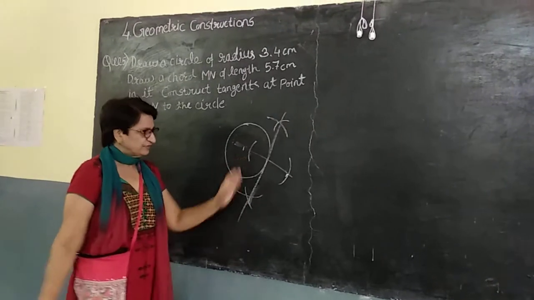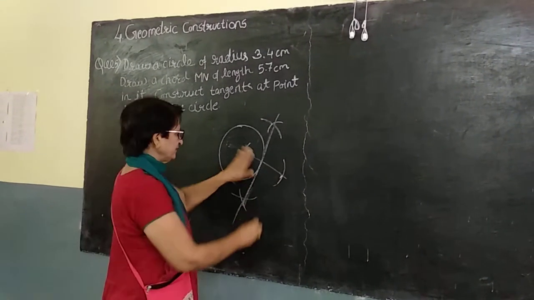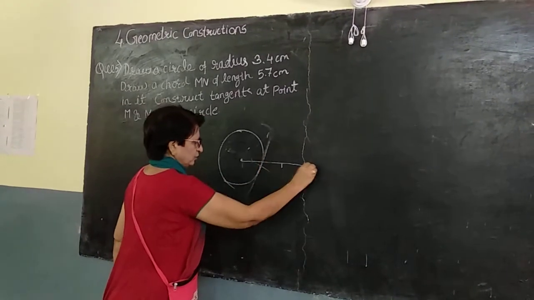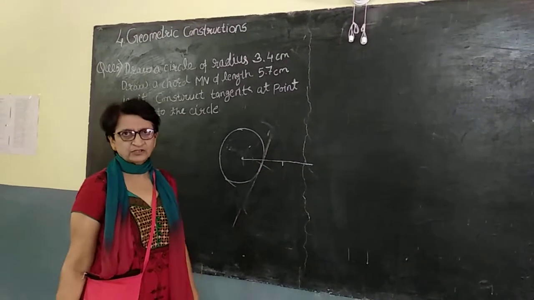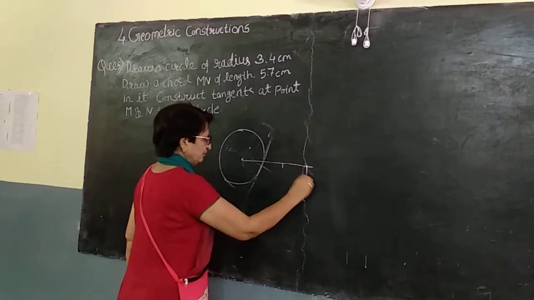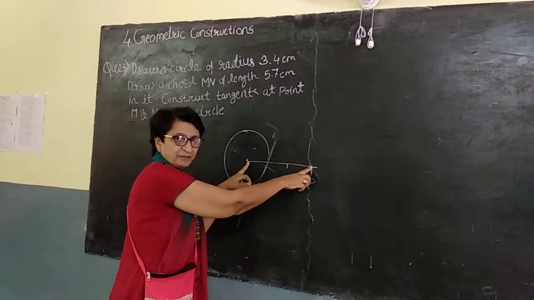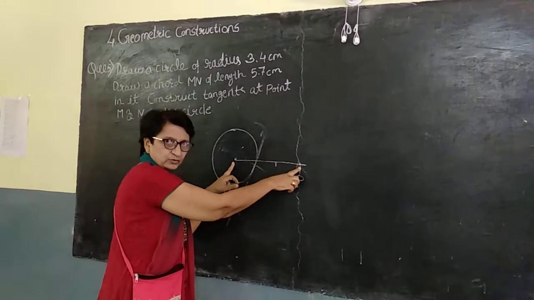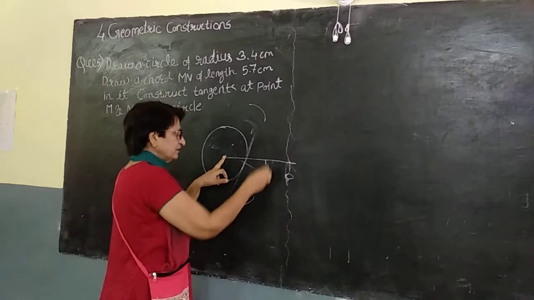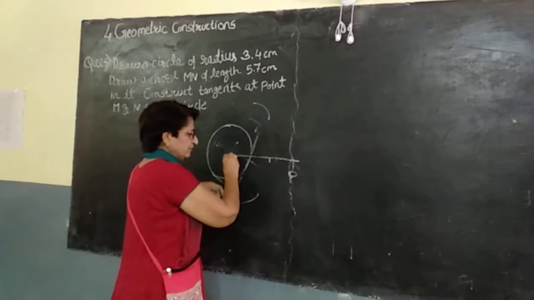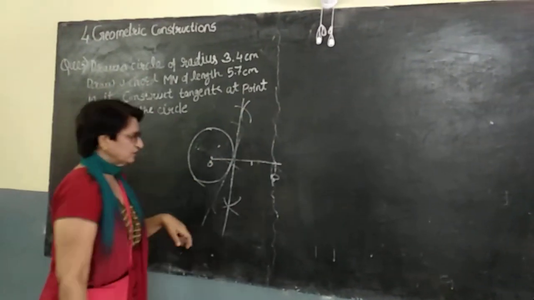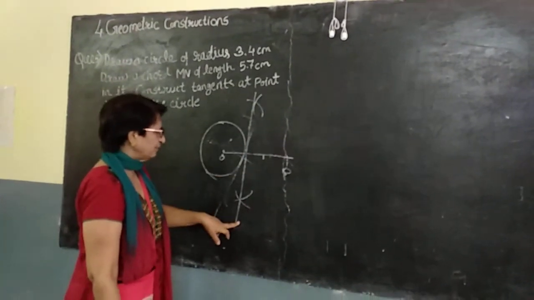This becomes the tangent. Then what if they tell you that the point is outside? There is nothing to get worried about. This is the point. Then what we have to do? We have to draw a perpendicular bisector of this line, which I taught you how to draw. Taking more than half of this distance, draw an arc here from point O and then from point P also, cutting it like this, then joining it, you get the perpendicular bisector.